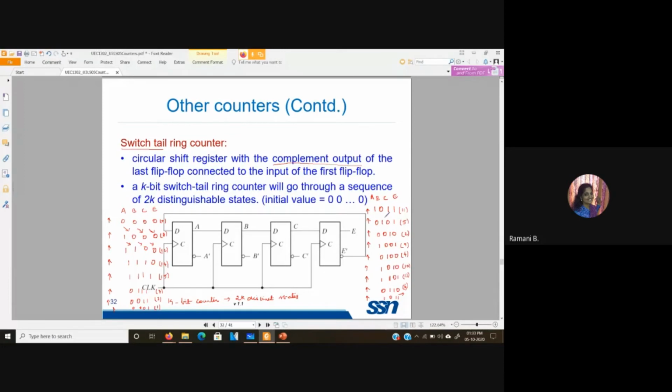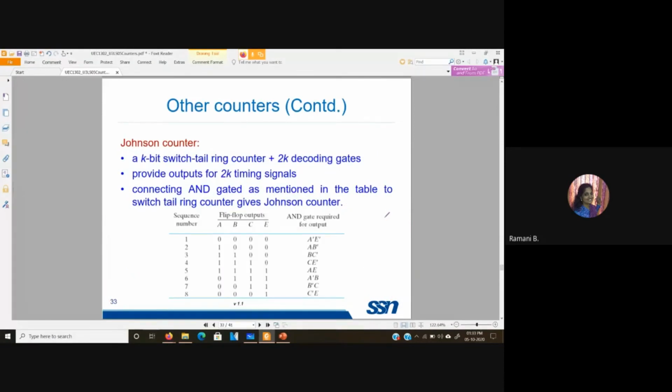So that is the disadvantage of switch tail ring counter. So we come across another type of counter called Johnson counter. However, the functionality, everything is very much similar to that of the switch tail ring counter. Only one thing is, here you will be using AND gates for taking the corresponding output.